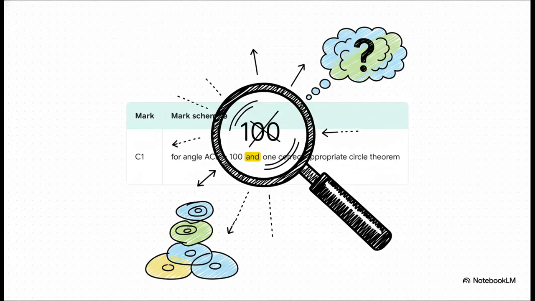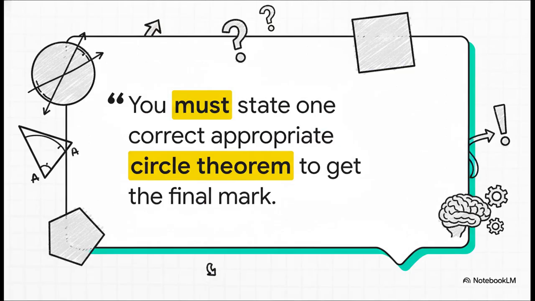So we're done, right? We've got 100. Well, not so fast. Take a close look at the mark scheme for that last mark. It's a C1 mark, which stands for communication. It's not just about getting the right number. It asks for something else. And honestly,